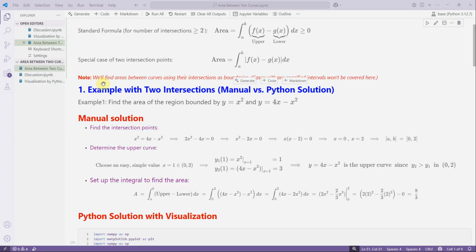This video focused especially on finding the area between two curves using intersection points as the boundaries. We did not cover cases where the area is computed over a given interval